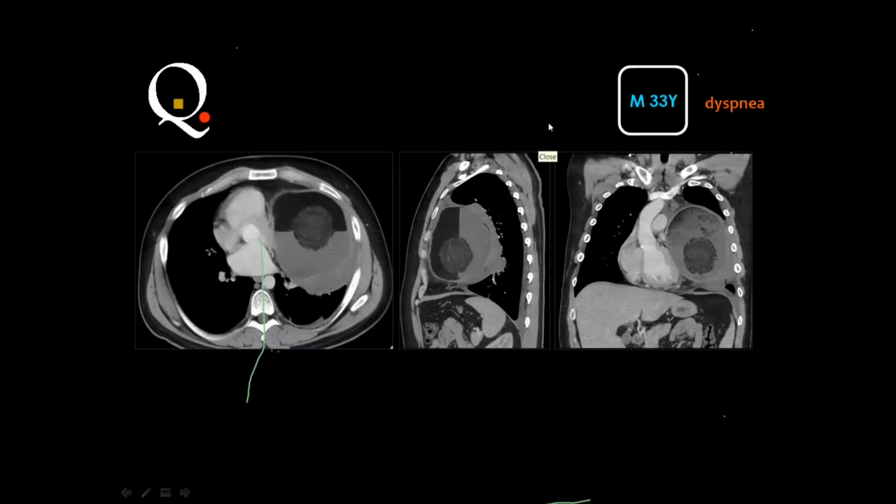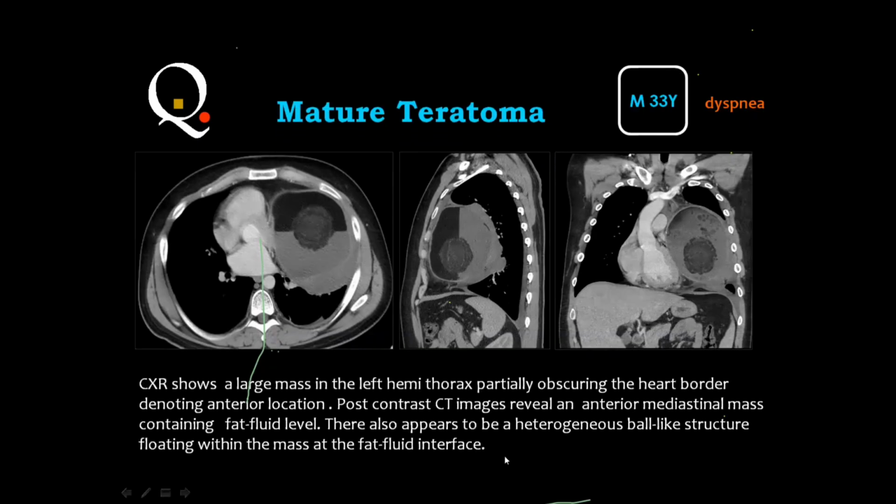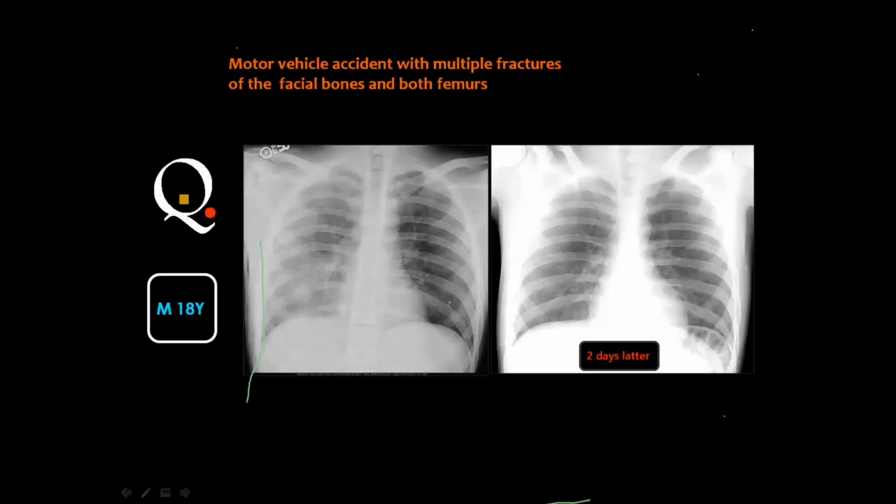Teratoma is the right answer because of the presence of fat. This is an anteriorly located mass, as I said, and you got a fat fluid level. This is a mass of soft tissue mixed with fat, and this is fluid, and this is fat, and all these components, especially if calcium is present, are diagnostic of mature teratoma or teratodermoid cyst. Next case is a patient with a motor vehicle accident and multiple fractures and the chest X-ray, and